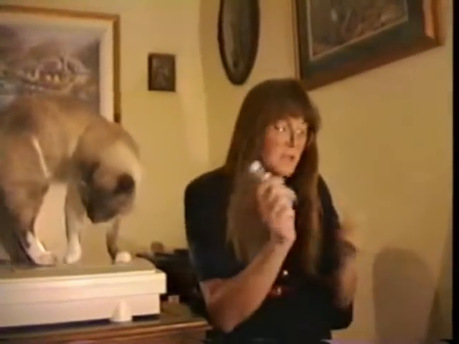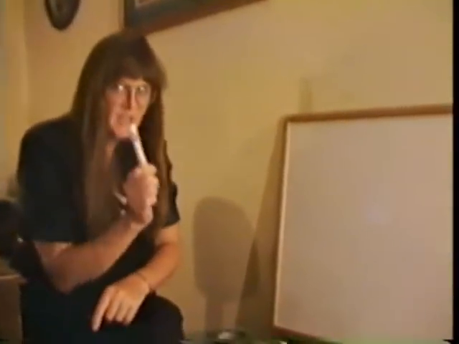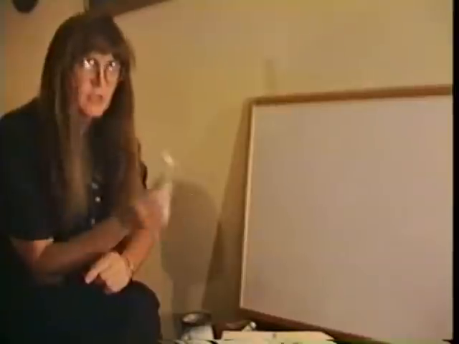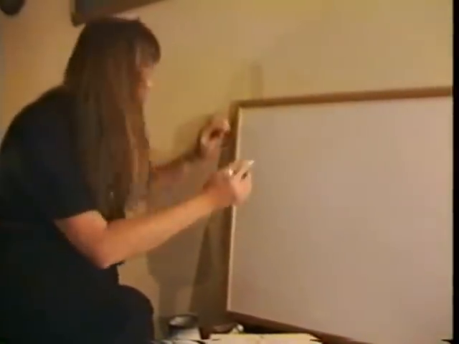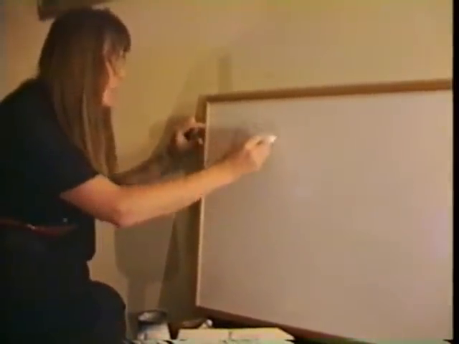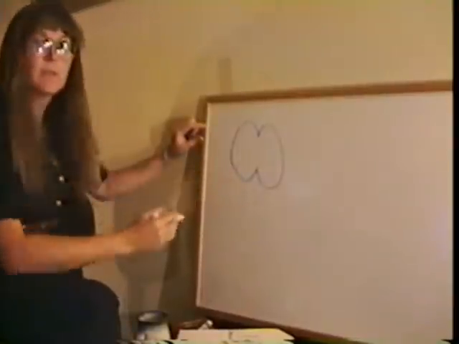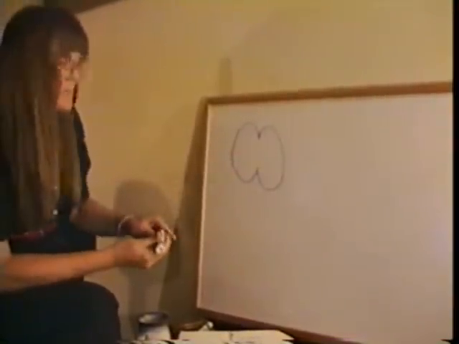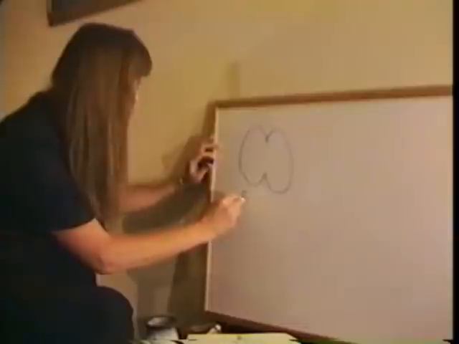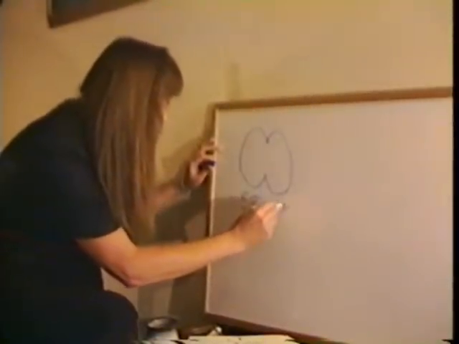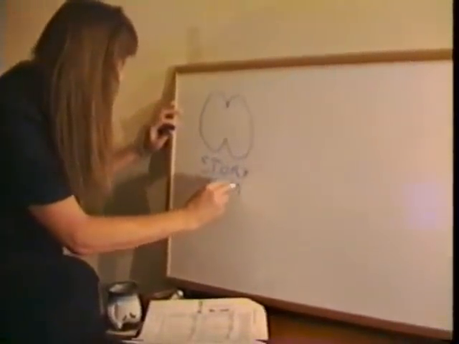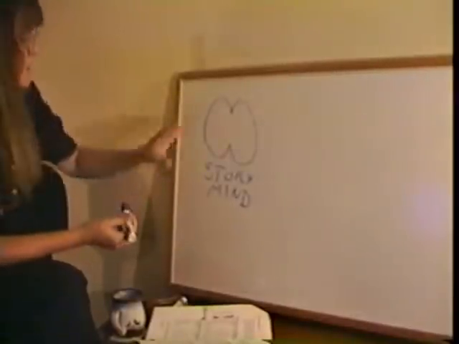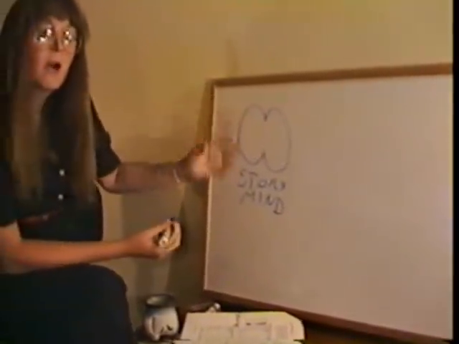Last week, we looked at the concept of characters, and we said there were two basic kinds of characters. There were the objective characters and the subjective characters. If we look at the story mind, which is to say we look at the story as if it were a complete mind. I'm drawing a brain here, or maybe somebody's lungs, but this is supposed to be the story mind. Okay? And if we look at every complete story as a single mind in which characters are but facets